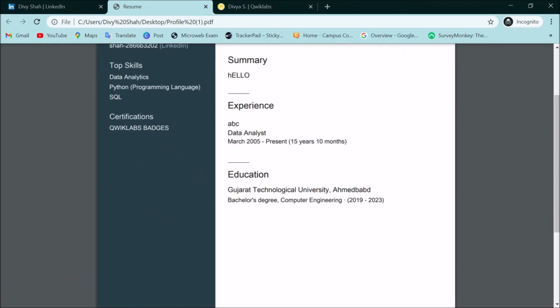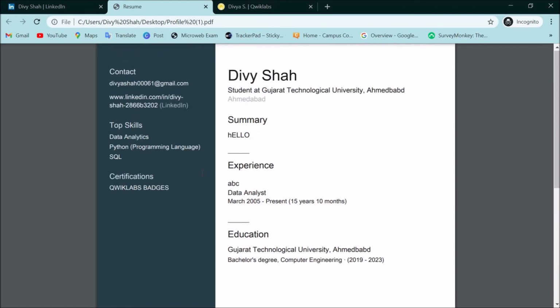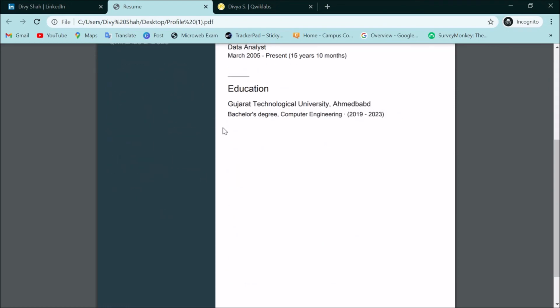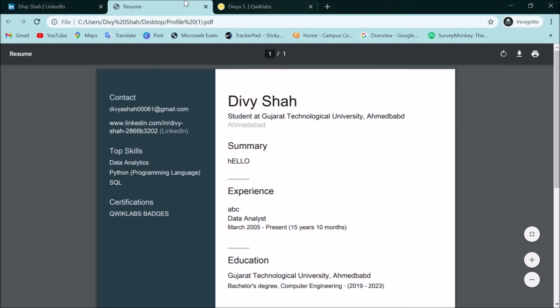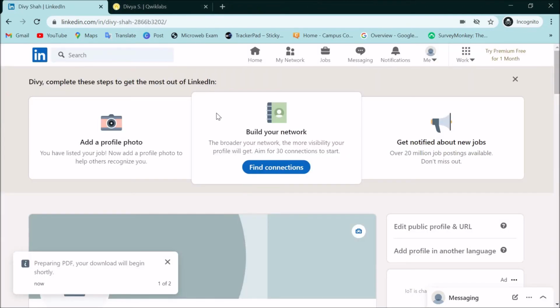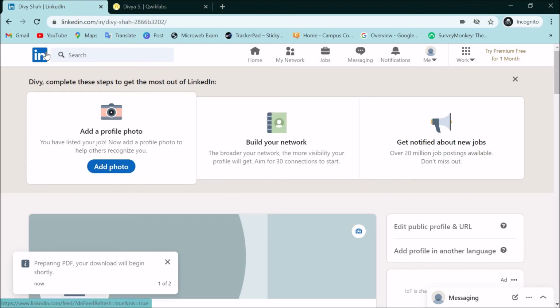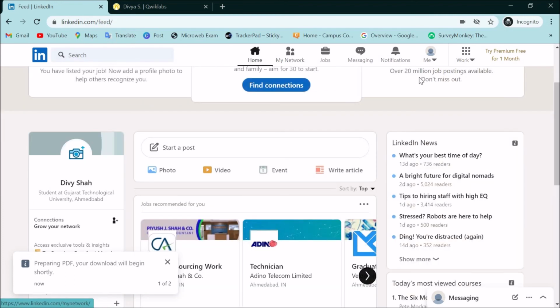So here is your portfolio, and whenever you add something, your portfolio will change, the skills change, your certifications change. So simply build your profile on LinkedIn to share with recruiters, and recruiters can recruit through their LinkedIn profile too.